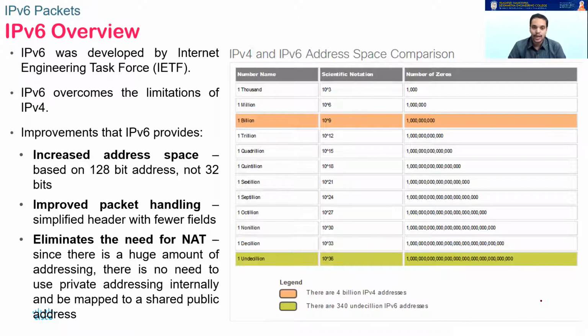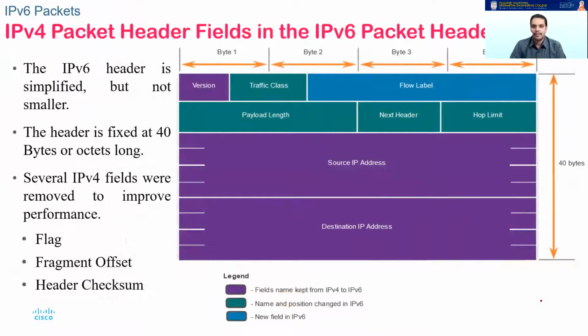Some of the fields which are in IPv4 are removed now. Some of the fields are renamed, simply to increase the efficiency and also to reduce the delay at the routers. Because packets travel through routers, there is always a delay to process a particular packet. So in order to reduce the time taken there, the IPv6 packet header has been designed accordingly. These are the three things we just discussed, and let me show you the IPv6 header.